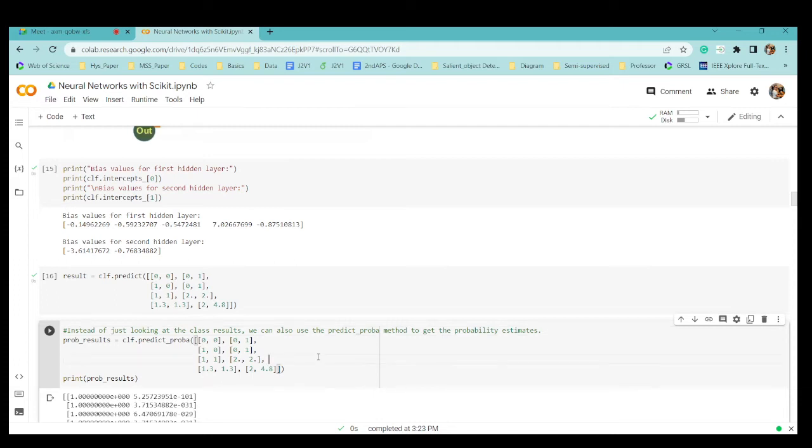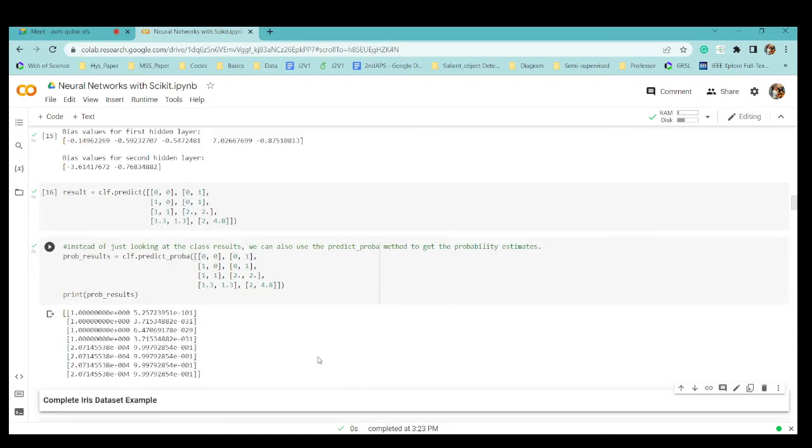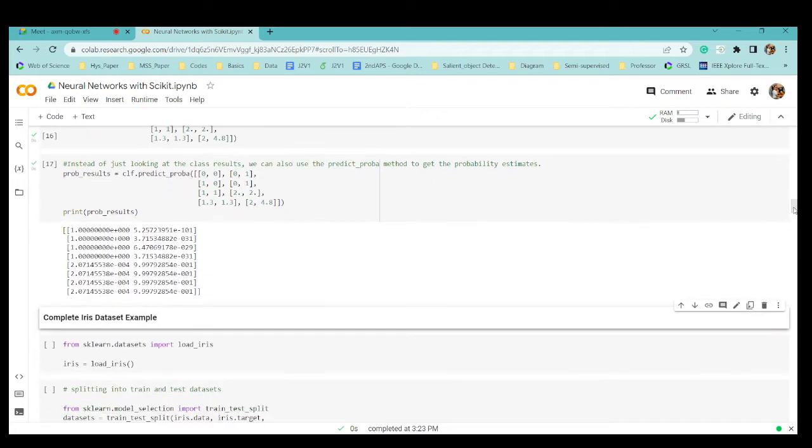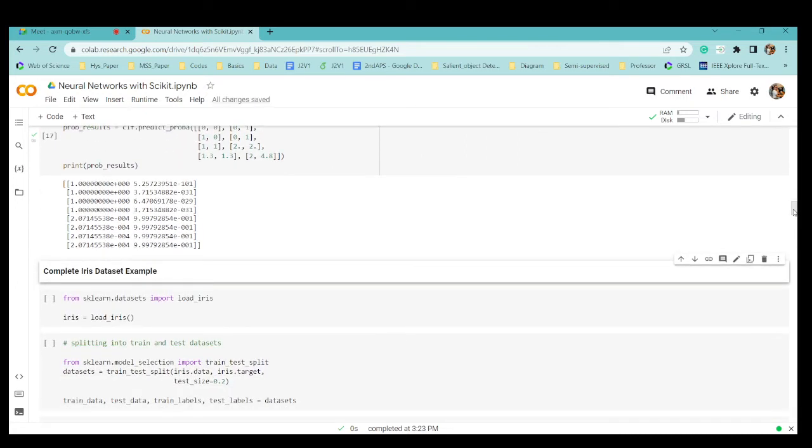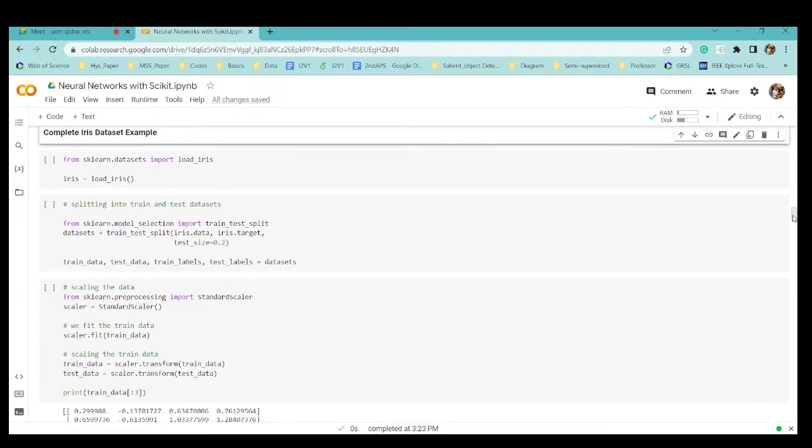So we can see what percentage belongs to which class, in terms of probability. This was one example showing how, for each layer in a multi-layer perceptron, you can know the values.